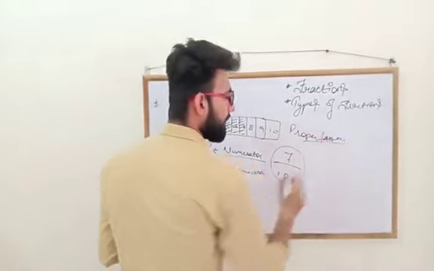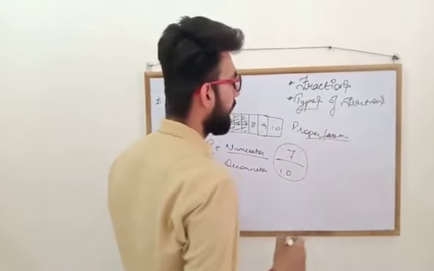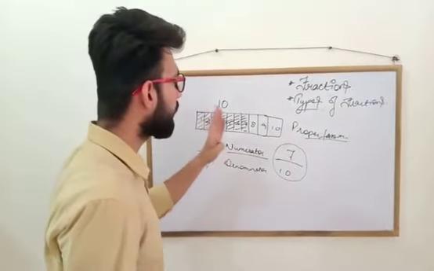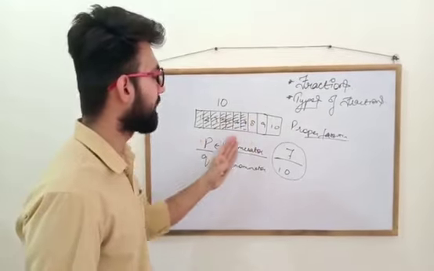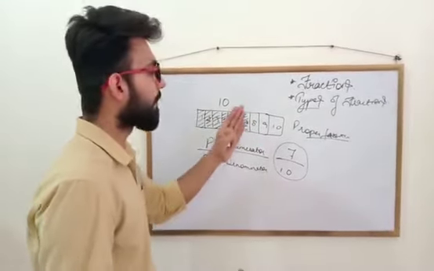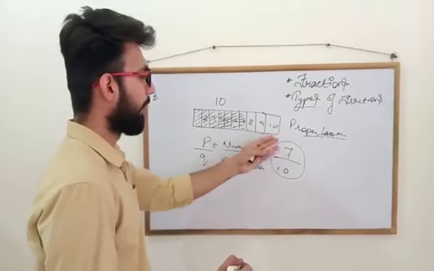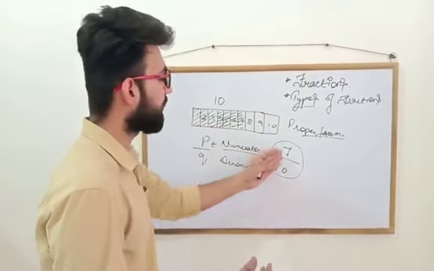F-R-A-C-T-I-O-N. Just remember for this thing, we'll learn this in the types of fraction, but as of now, I'll tell you this is proper fraction. So I think you are very well aware of the word fraction. Fraction is anything which is in the form of P and Q, and fraction is basically a part of a whole. That is, there are 7 parts, and the total number of parts was 10. So the fraction is 7 upon 10.